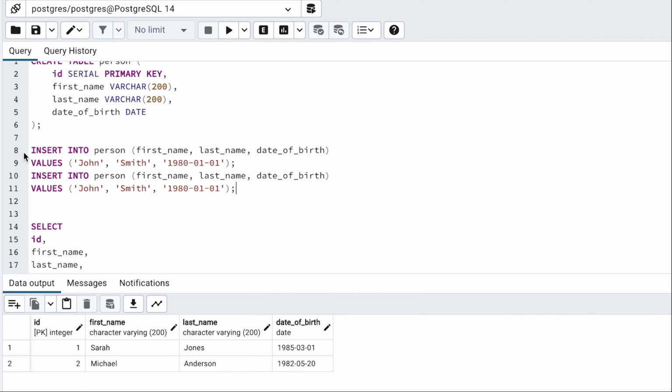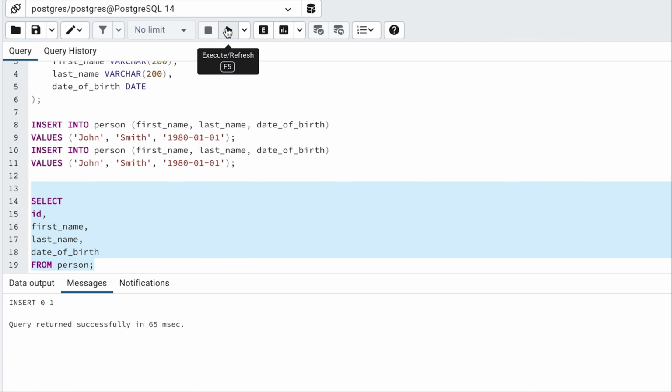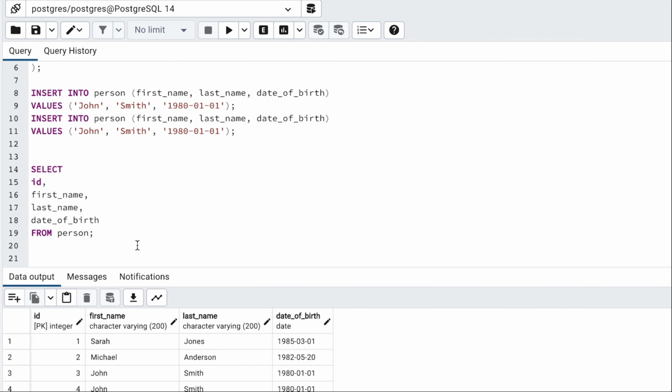We can insert this data and it is successful. We can then select from the table and see the data in the table. We have two John Smith records. To avoid this, we add something called a unique constraint to our table. A unique constraint is a type of constraint or rule we add to a table. It lets us specify one or more columns and ensures that the column or combination of columns must be unique. This can be declared independently of a primary key, meaning we can have both a primary key and a unique constraint on the table. How can we do this?